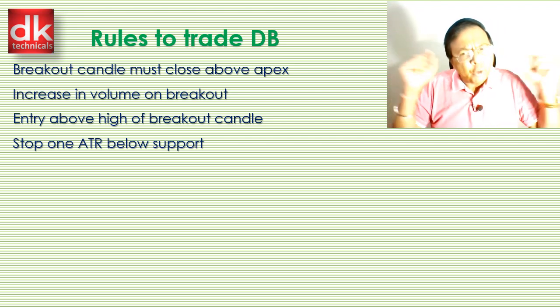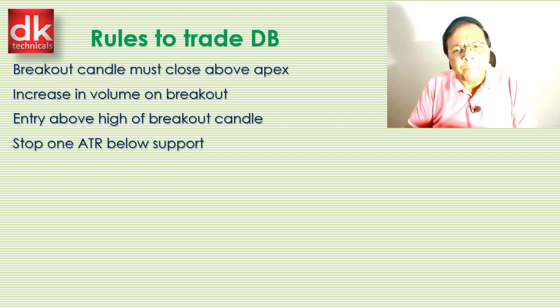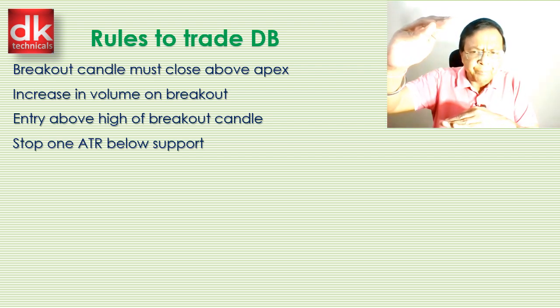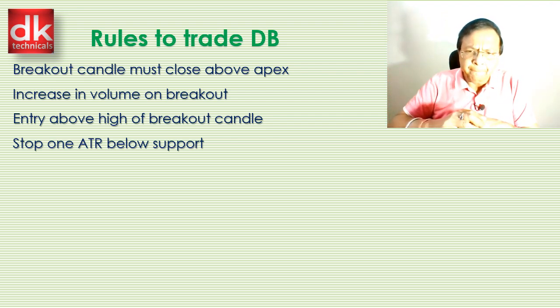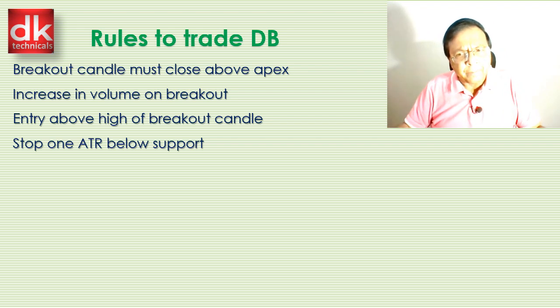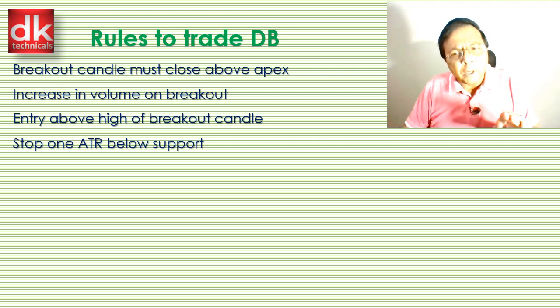Why we select ATR to fix the stop loss is because the moment the neckline is broken out, the price has gone past the neckline, which means the neckline will now act as a support, and 1 ATR below, so that our stop loss is protected from market noise to a large extent.